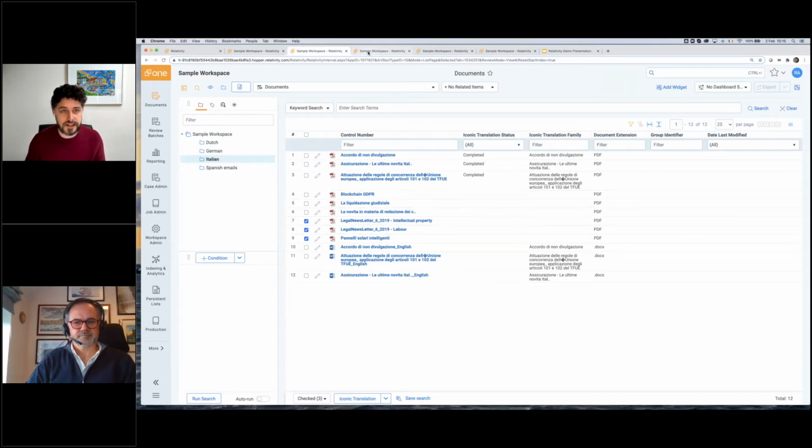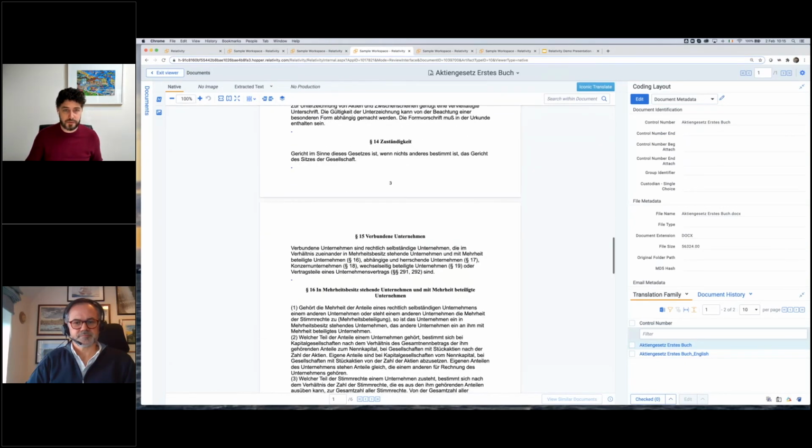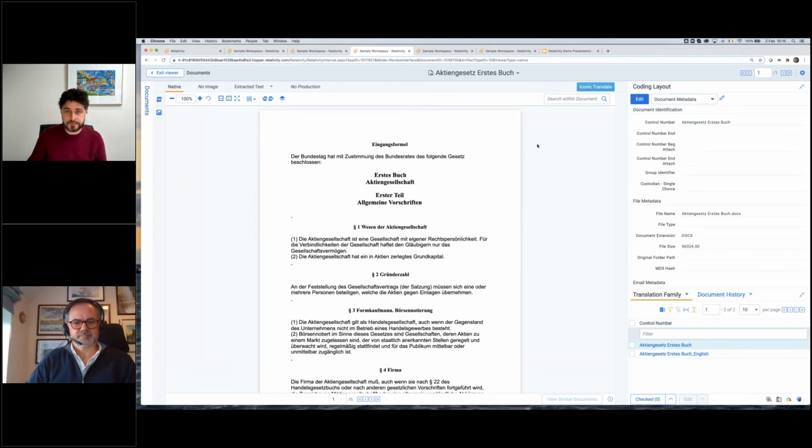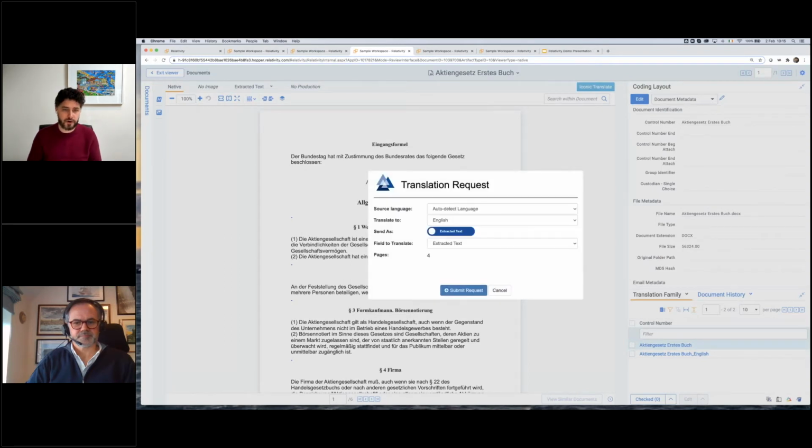The second way is on an individual document level. So if we're viewing a particular individual document here, like this German Word document, there's an Iconic translate button here in the top right-hand corner. And basically, if you just want to translate this document, you click that button, and you're going to get the same interface that you had before.